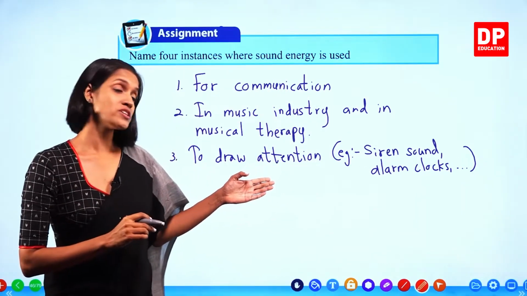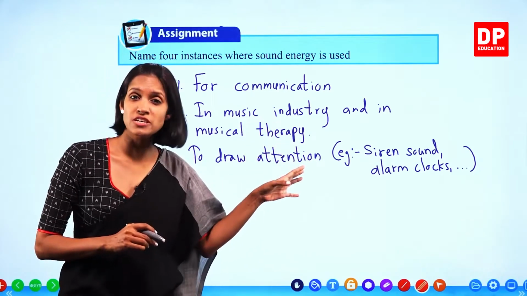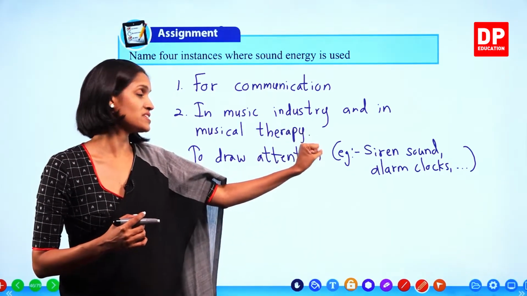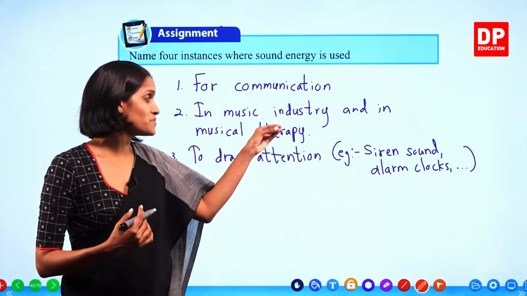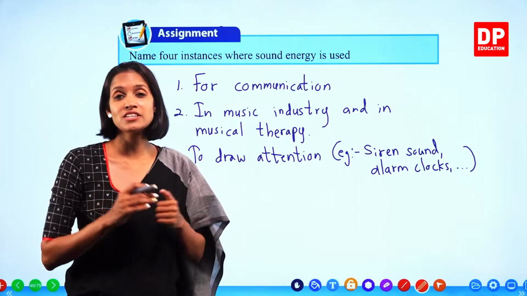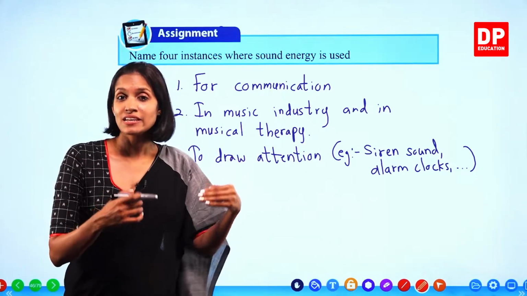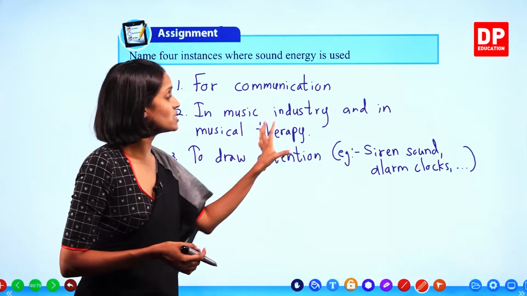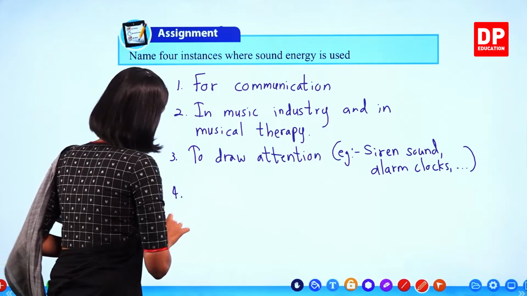Right? So under this one, children, you must have observed that most of the machines nowadays have these types of sound systems, right? Let's say, for example, washing machines. Sometimes when it starts to wash clothes, it gives a certain type of sound. When the washing process is completed, it is indicated by another type of sound. Okay, so to draw attention, it is important. Okay, right. Then we will write